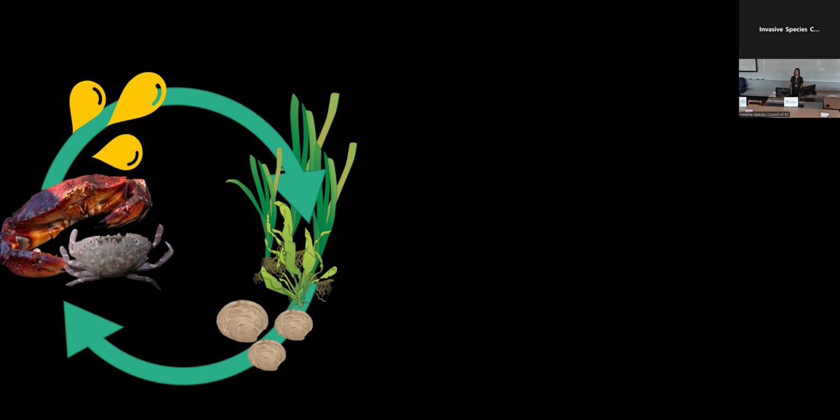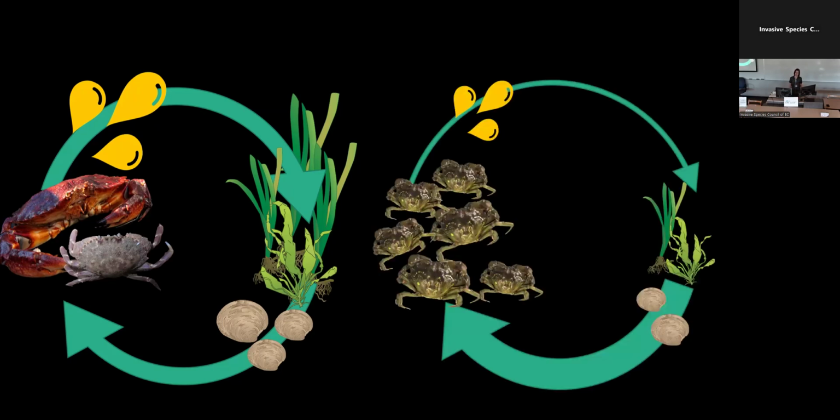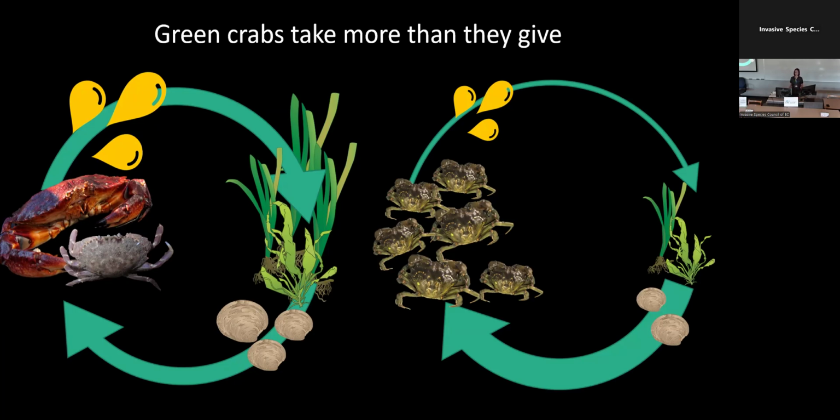a healthy balance. However, if you replace those crabs with many, many, many small green crabs, they're going to be taking actually more nutrients and more resources out of that ecosystem, but they're not returning the nutrients in the form of ammonium at the same rate. So our green crabs are really taking more than they're giving to an